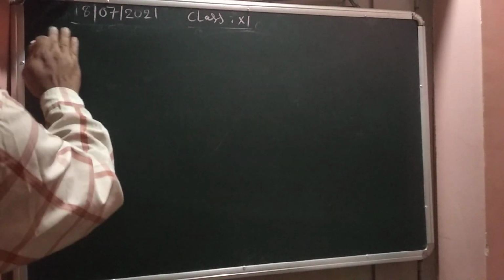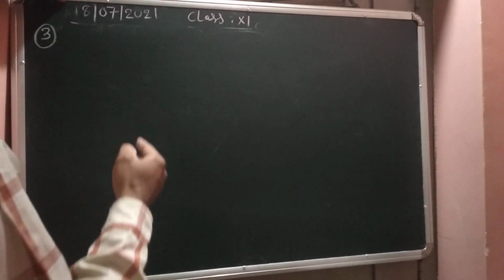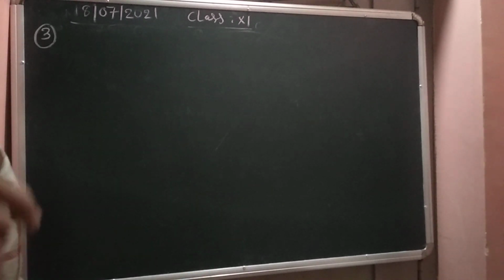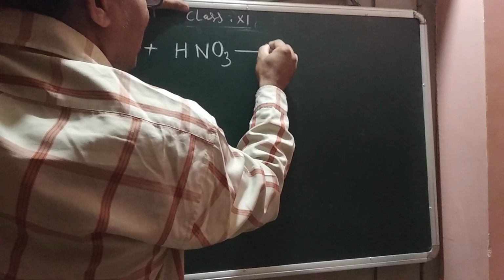Yeah, one more equation. I'm going to explain one more equation, how to balance the chemical equation by the oxidation number method. What is the statement given? Zinc reacts with concentrated nitric acid. Zinc means the symbol Zn. I'm going to write the skeleton equation. Nitric acid formula HNO3. Zinc reacts with nitric acid to produce zinc nitrate.